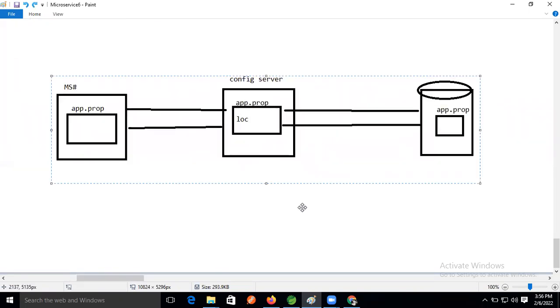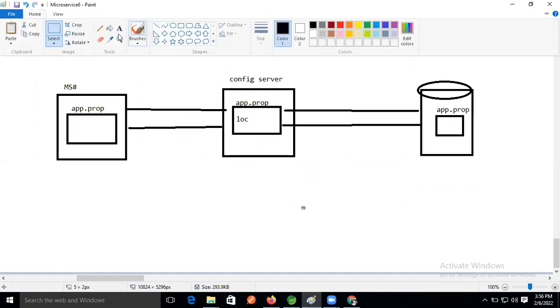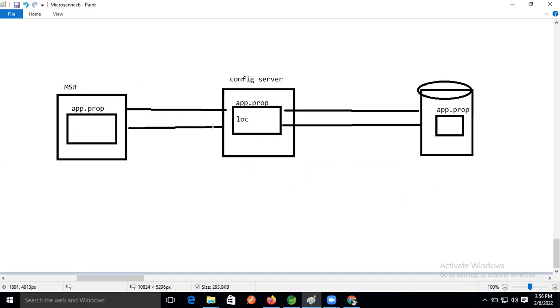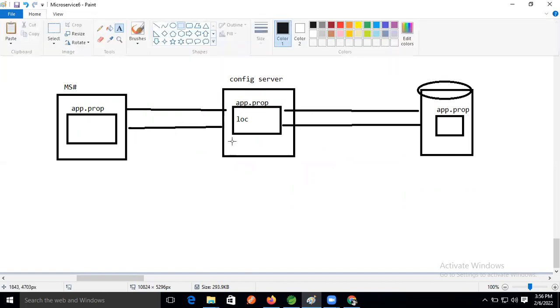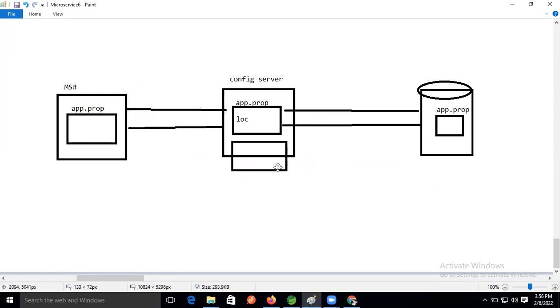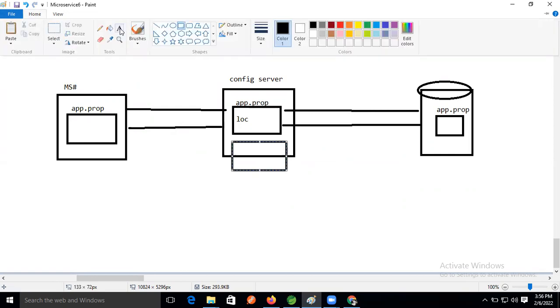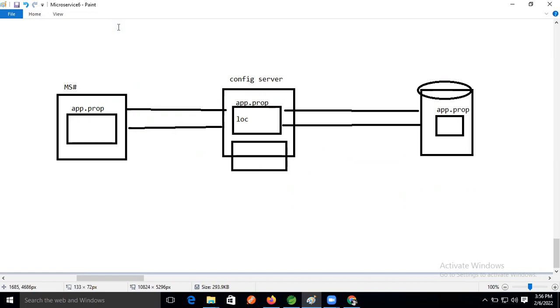So in the native configuration, we are writing that folder and implementing the things inside the config server only, right? Whenever we implement our native config, that property we write inside this one only.